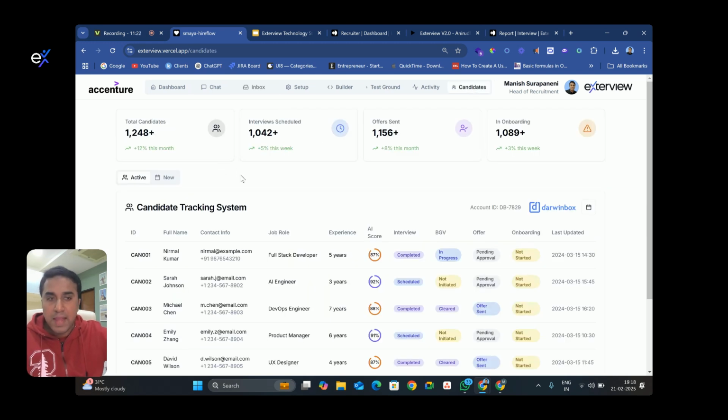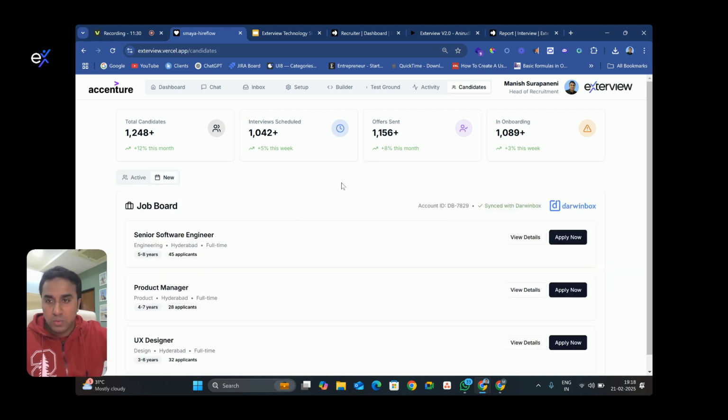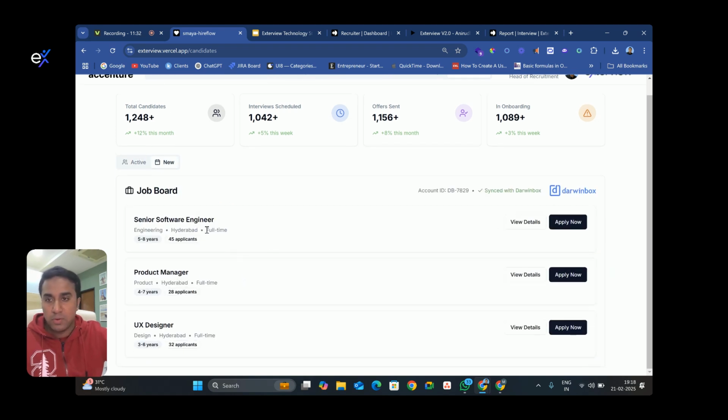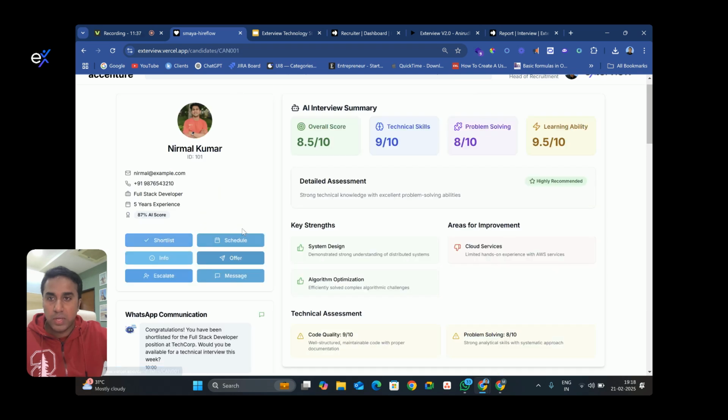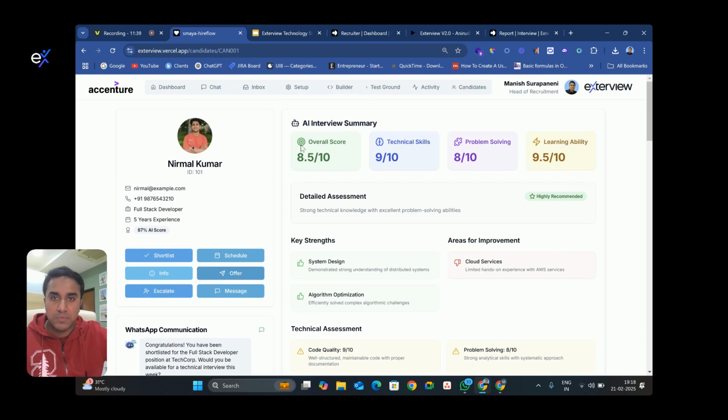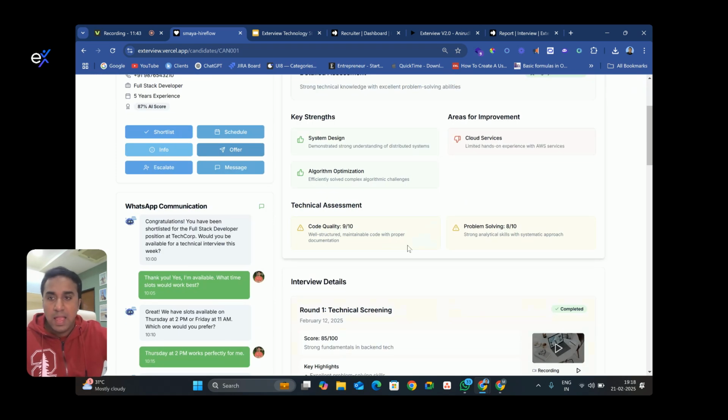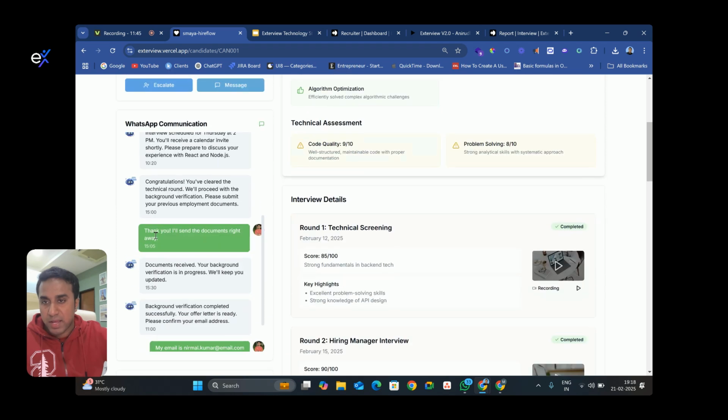And then once you're in the candidates, if your account is already plugged with Darwin Box, you can use the data to pull it from your ATS. You can also use the existing ATS to pull the new requirements. And once you open a particular candidate, you can now see the details in terms of what is the AI scoring that it has done, how much this particular candidate ranked. And you can see all the chat that Smaya is doing with the